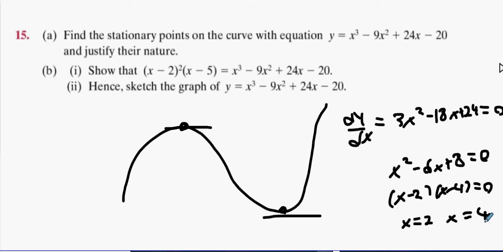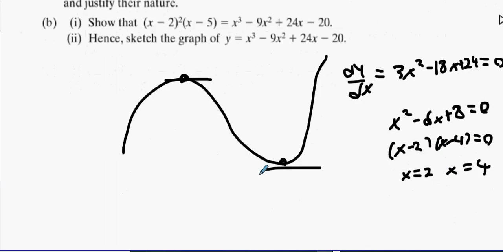Are you cool with that? Go back to the original equation and sub in 2 and 4. You happy enough to do that yourselves? What happens? What are the y values you get when you do that? Anybody know the y values? 0, 2. So it's going to be 2, 0, and